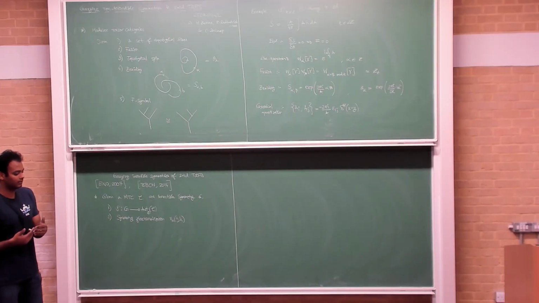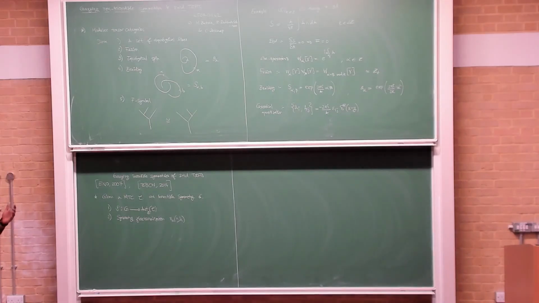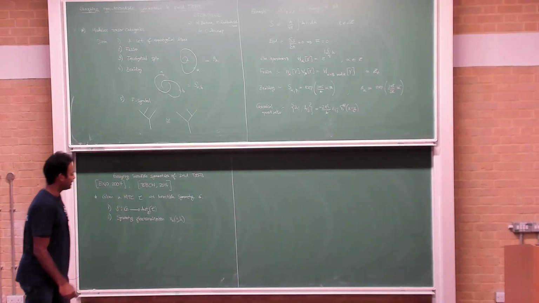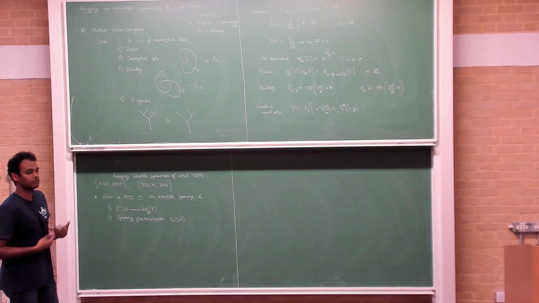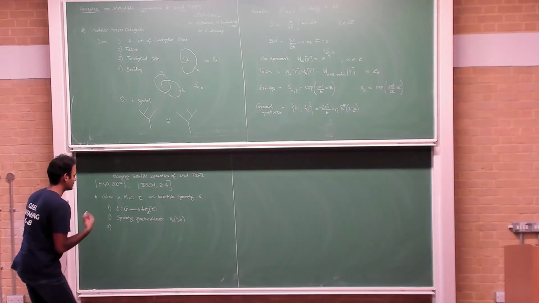Recall that whatever the symmetry acts on is a representation of the symmetry, and the representations can be linear or projective. That's what symmetry fractionalization captures. It captures the projectiveness of your symmetry. And the third one is something called